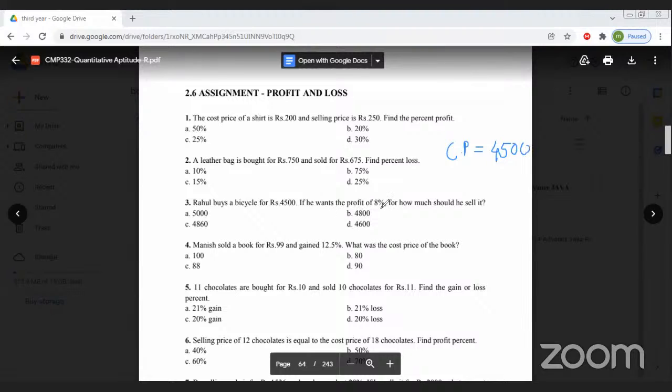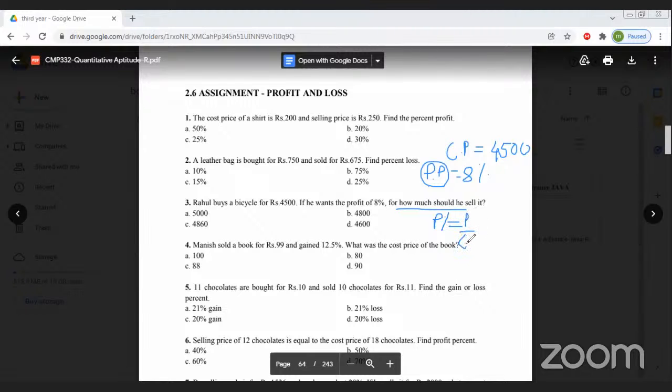If he wants a profit of 8%, here they are asking how much he should sell it for. So if you have the profit percent, to find the selling price you need to first find the profit from the profit percent formula. So that is